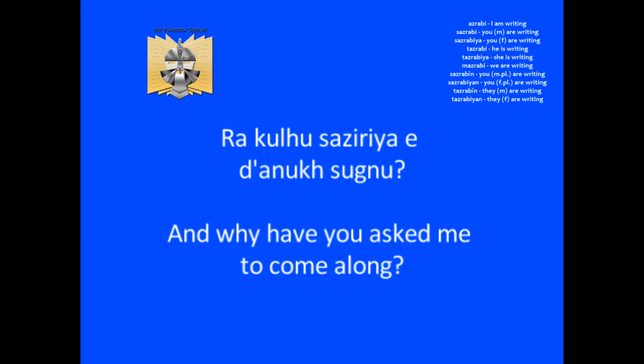Now, with this translation again, notice that we are favoring a translation in the past tense. Why have you asked me? This is because we know this action, Tari asking DC to come along, has happened in the past. Yet we don't use the perfect tense to form the Khuzdul line because the outcome of the question is not dependable. We are not sure of it. The a after Saziria means me, making it why have you asked me?